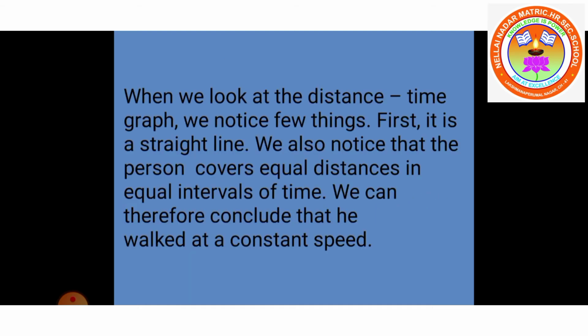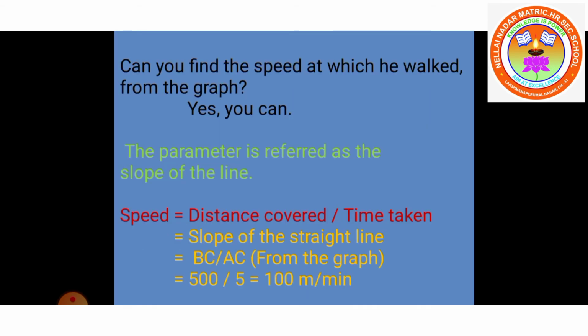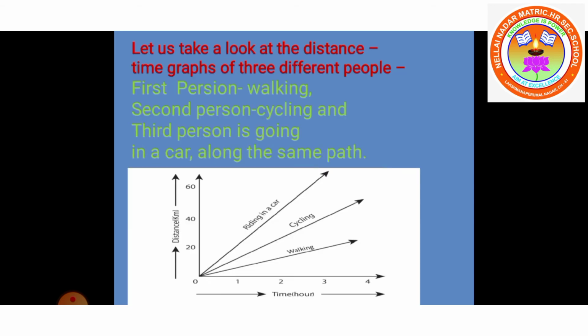Okay, so we can calculate the value of BC. BC means here we travel the slope between 2000 and 1500, so the distance covered is 500 meters. In the y-axis we are taking the values, that is AC. Here A is mentioned at 15 minutes and C is mentioned at 20 minutes, so the value is 5 minutes. Substituting that value in this equation, 500 divided by 5 is equal to 100 meters per minute. Okay students, 100 meters per minute, that is the speed of the person, that is the velocity of the person.